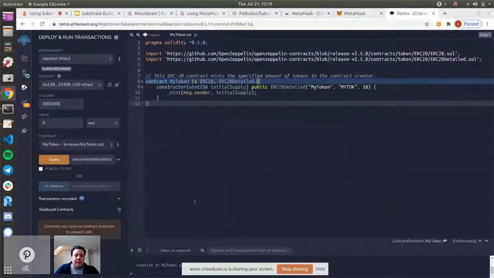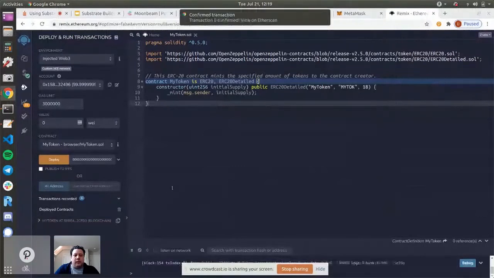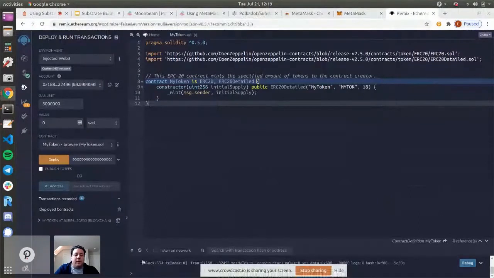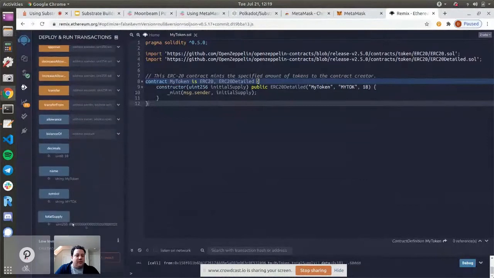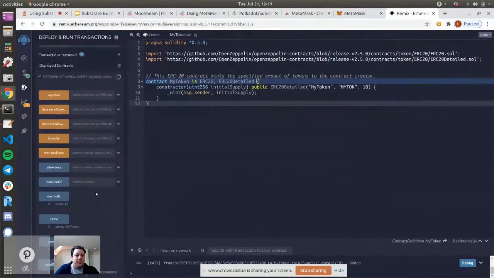And then let's go ahead and deploy this contract. And you can see here, I'm not sure if it's covered here by this thing on the bottom, but that did perform a deployment action. And so you can see here that here is basically the deployed contract. If I start interacting with it, for example, the symbol is my talk, the name is my token. Here we see the 18 decimals. The supply is this 8 million number.